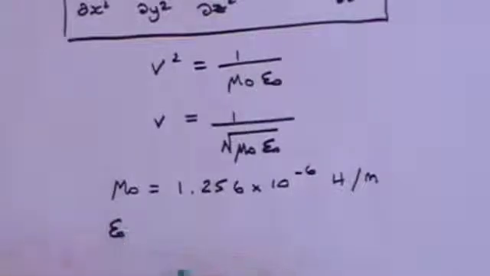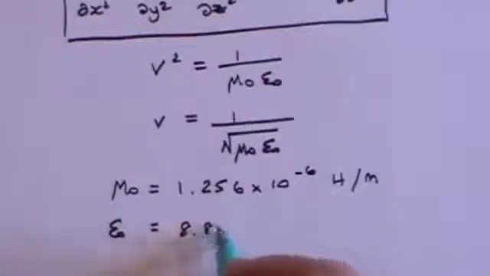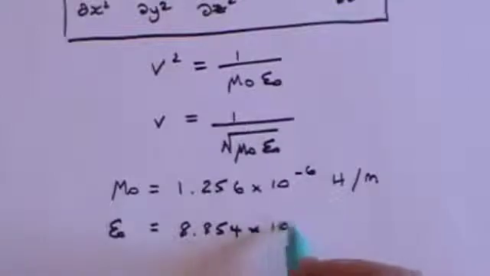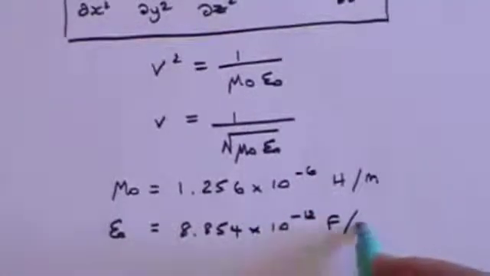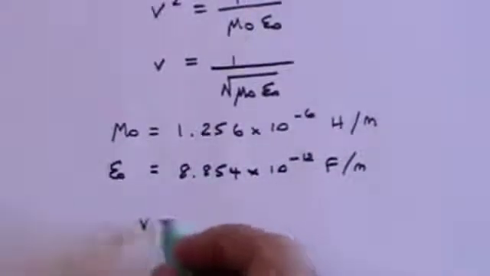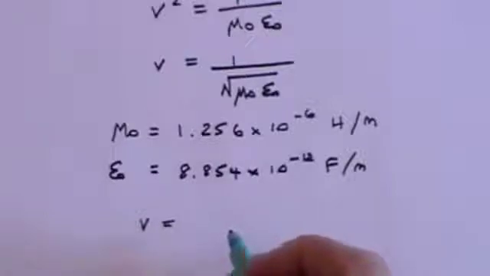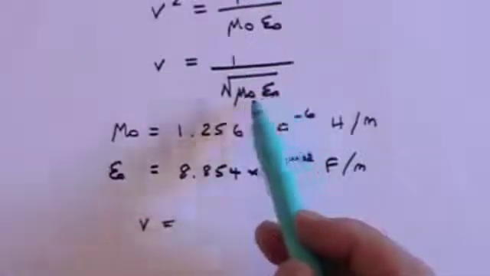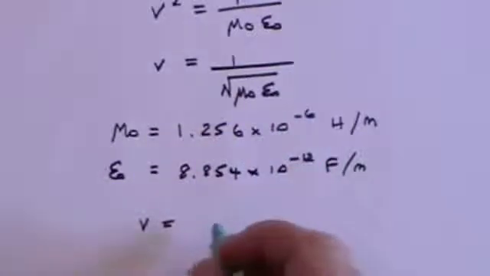Epsilon 0 is known as the permittivity of free space, and it has a value of 8.854 times 10 to the minus 12 farads per metre. And those two constants were known about and had been measured in Maxwell's time. So all he had to do was to plug these two values into this formula here, and that gave him that V is equal to 1 over the square root of the product of these two constants, and that came to